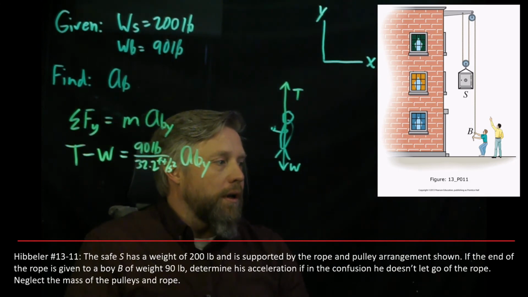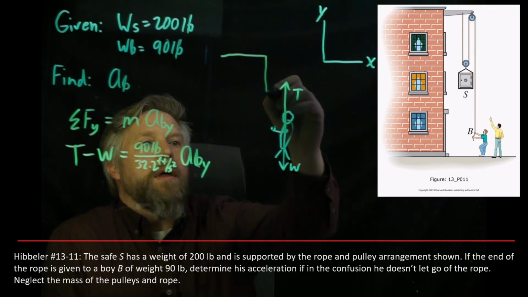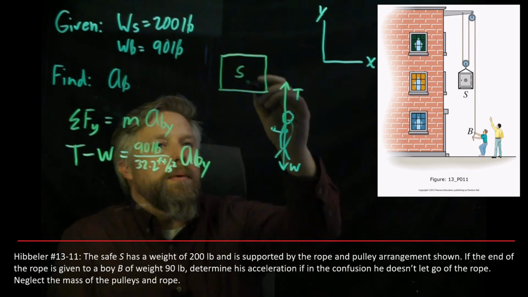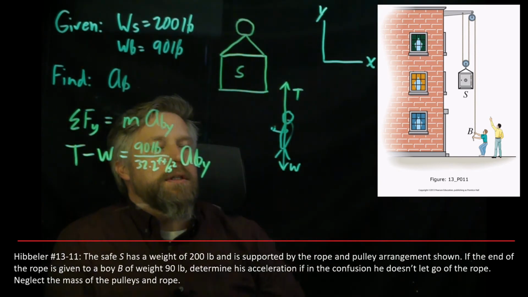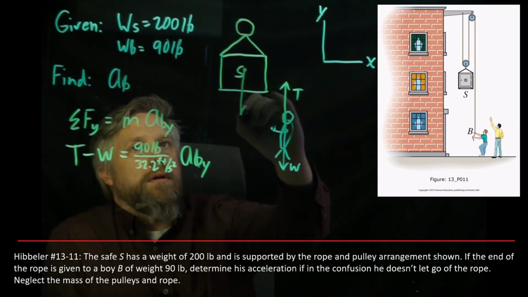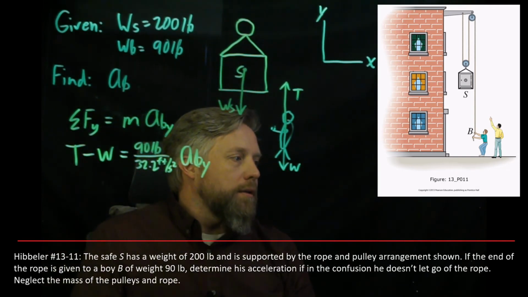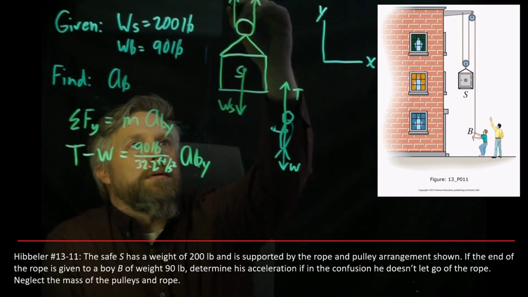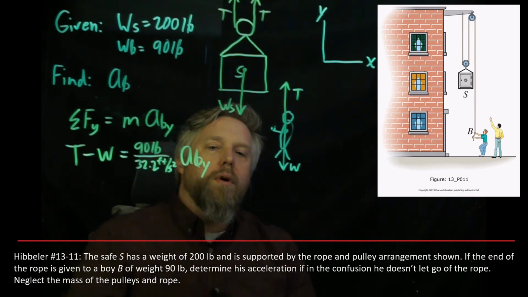OK, I drew a free body diagram of the boy. Now I'd like to draw one of the safe. OK, the safe, and I'm going to include this top part of it and also the pulley on the safe. And that safe has a weight pulling it down, WS, which is one of the givens. And it has two cables pulling it up. I'm going to call that T and T,